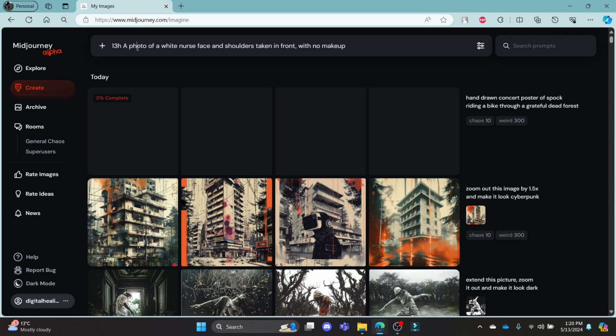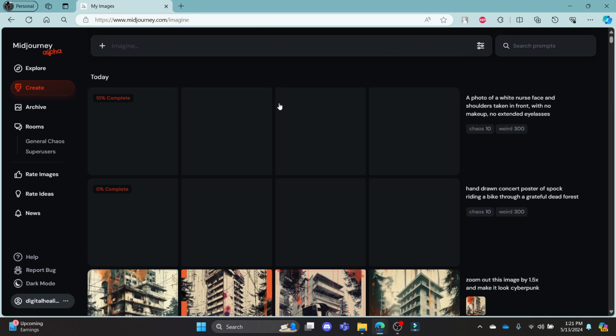Let's suppose I want to give a prompt like this: a photo of a white nurse and shoulder taken in front. So the negative prompt is giving the command no. So if you want to give a command, you should write with makeup, and if you want to give the negative command, go ahead and write no. So you can see that you can write down no extended eyelashes, and you can click enter, and you can see that your image will be complete and the negative prompt will